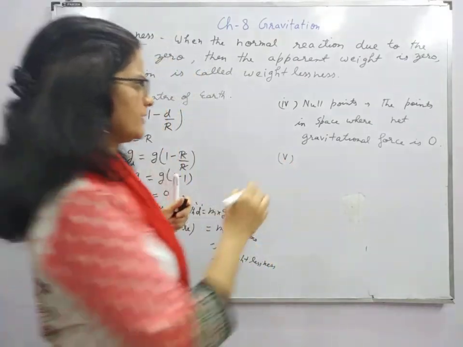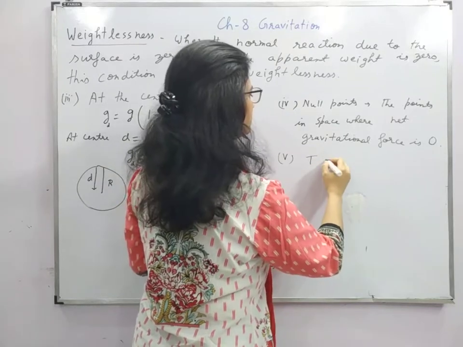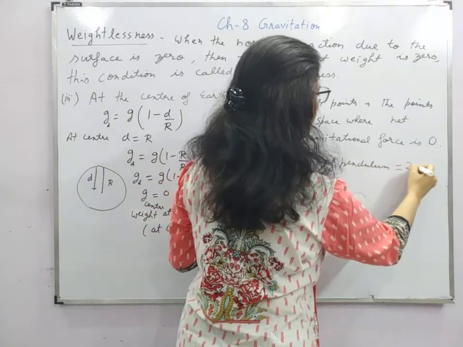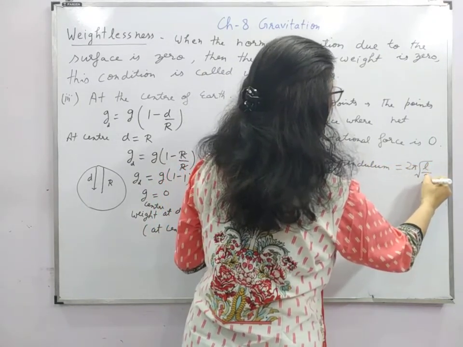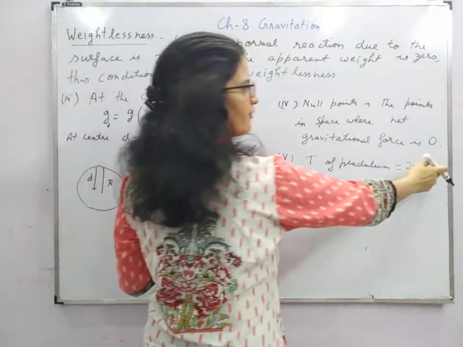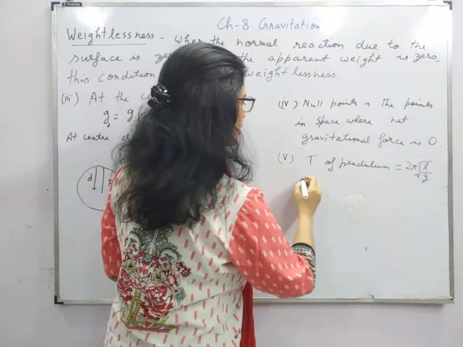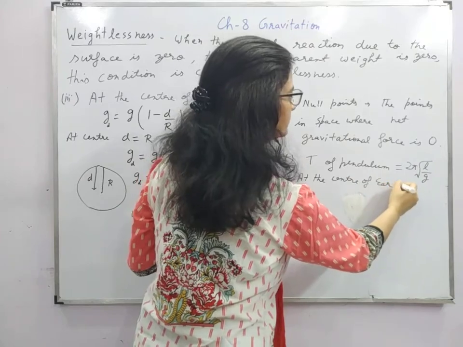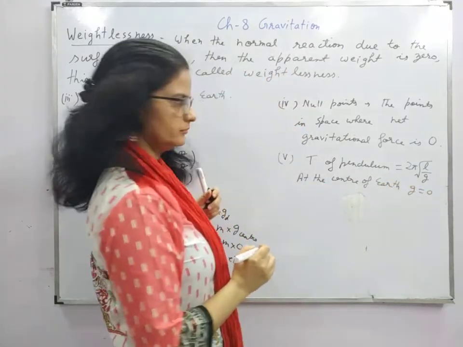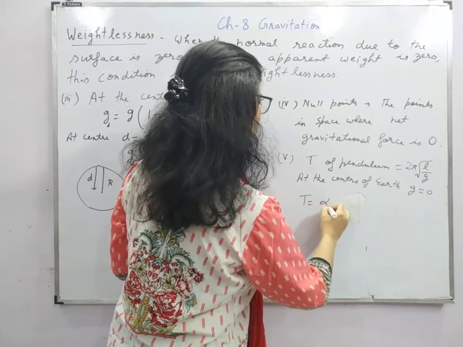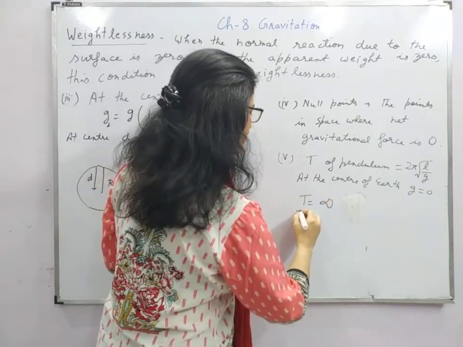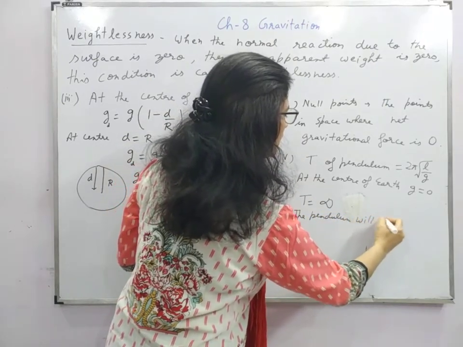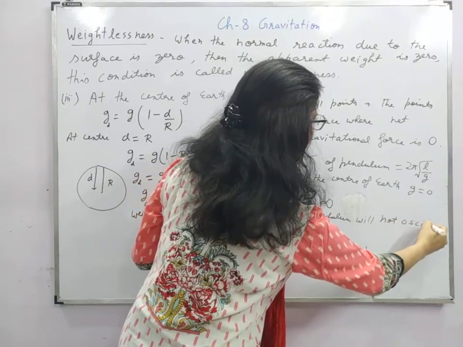Now we can take another case. We can discuss the pendulum case. The time period of a pendulum is given by 2 pi under root of L upon g, right? Where L is the effective length of the pendulum and g is the gravitational acceleration. So at the center of Earth, g is 0. So the time period will be infinity. That means the pendulum will not oscillate,